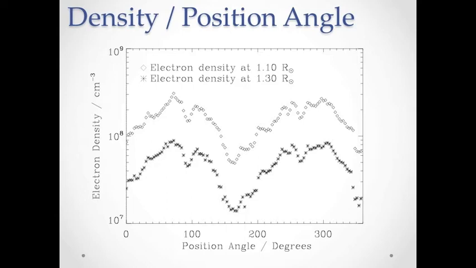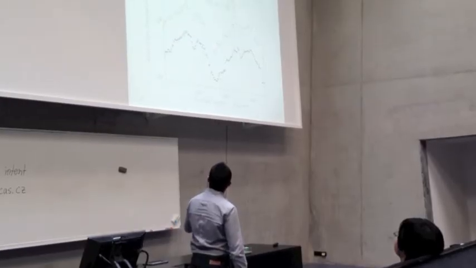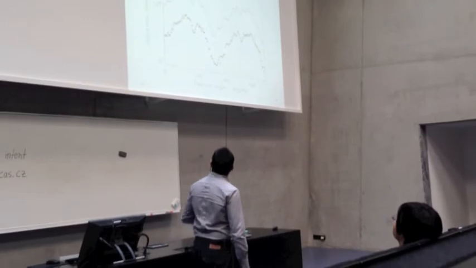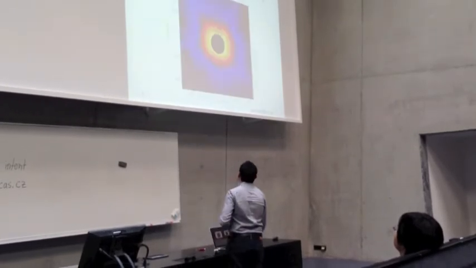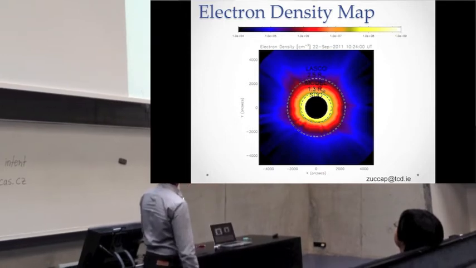The behavior is as we expect. There is this double peak configuration. It's not very visible with the light here, but it is in 2D, just to show a 2D map